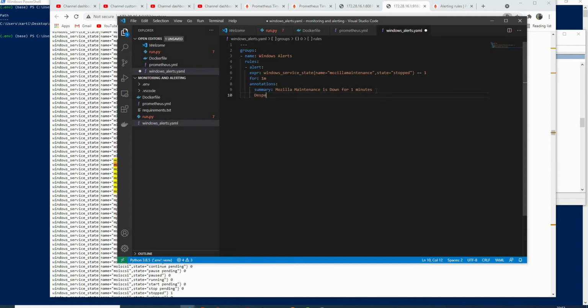And let's give a brief description if you want. It's on you, so it can contain anything you want, maybe some links if this alert gets triggered. Okay, I'll write a good thing like this alert is getting triggered as the service is down, and you can actually pass the service name here if you want. As the service is down,